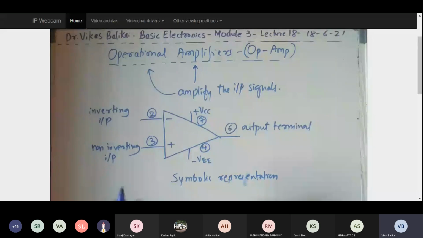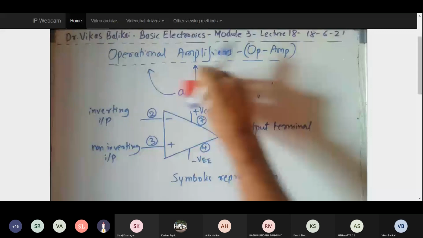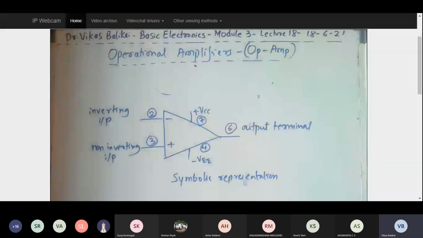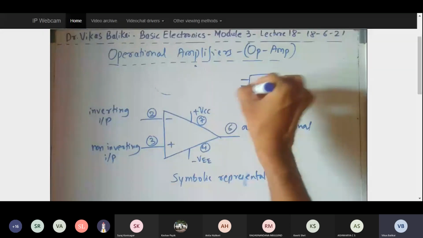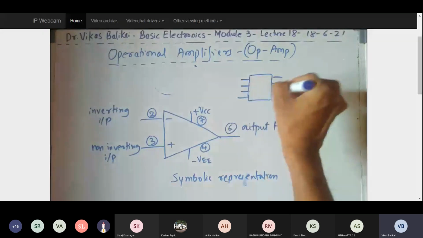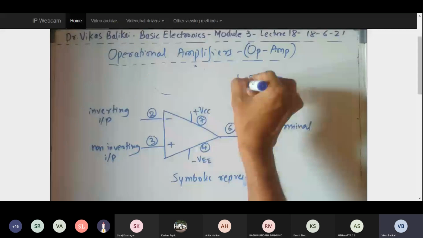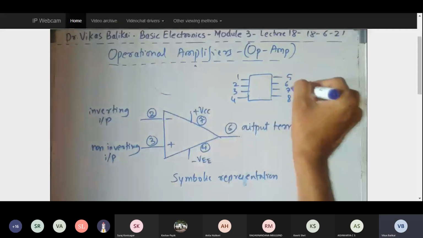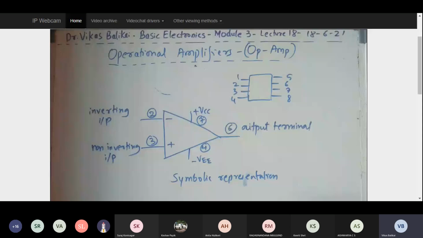If I take an integrated chip or an operational amplifier from the market, you will get an IC like this. These ICs will have 4 plus 4, 8 pins. And all these pins are named with different names. What these pins are, as per the symbolic representation, has been shown over here. So pin number 2 and 3 are basically inputs, and pin number 6 is the output. Pin number 4 and pin number 7 are the two power supplies, so it will be working on two power supplies. And there are other pins which I'll let you know when the need arises.